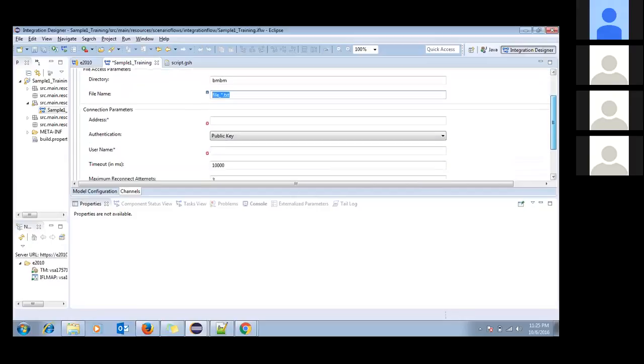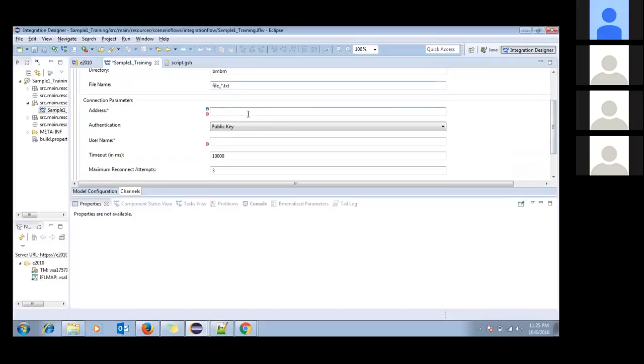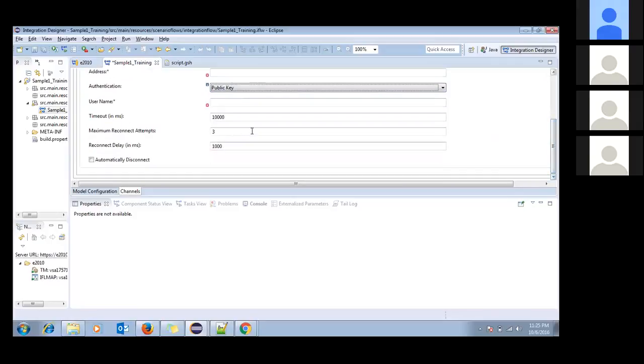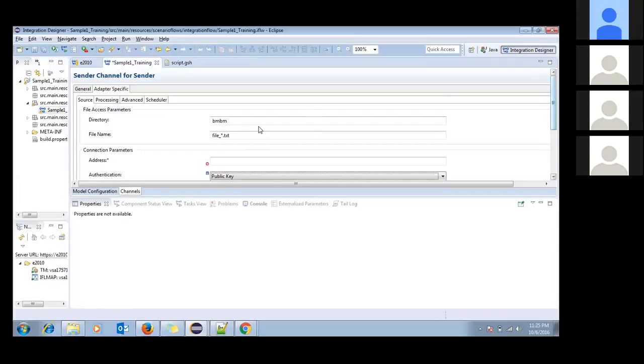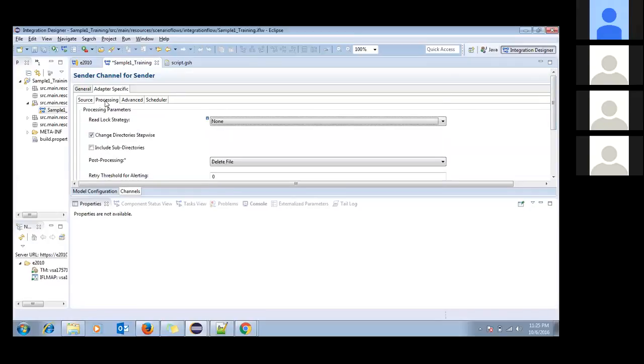Okay. Again, we have the address, the authentication type, timeout, etc. Once these parameters, which are the same, are done, we move on to another tab, which is processing. Processing gives you whether you wish to have a read lock strategy applied on this. You can